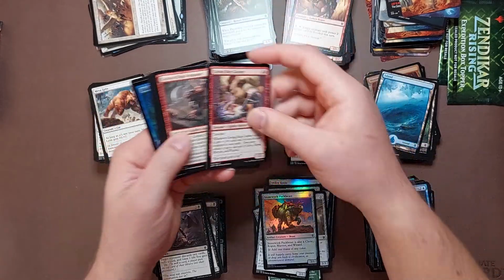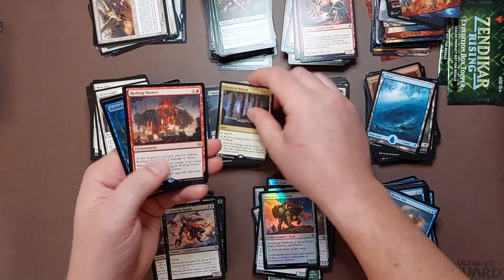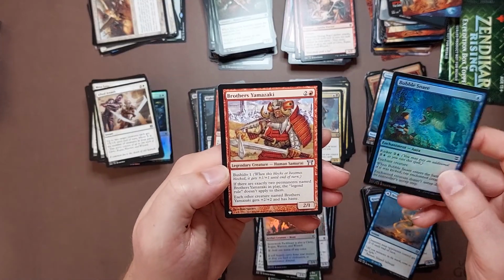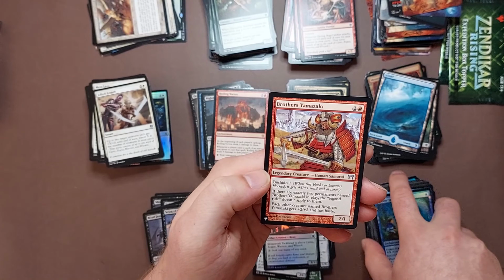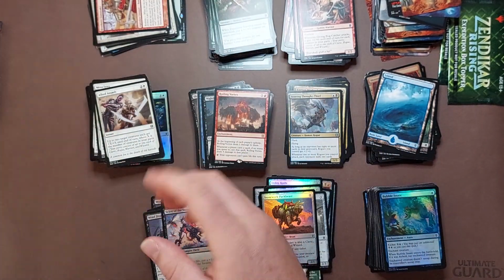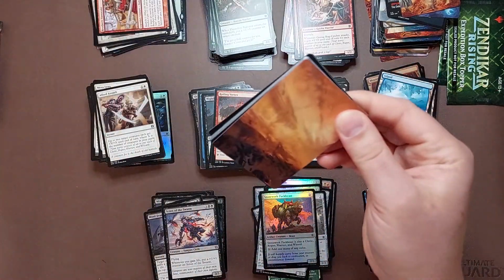Alright, we got greens, red, black. Another Run of McKindy, Roiling Vortex, Brothers Yamazaki, Bushido 1. That's pretty cool. Legend rule does not apply. Anything that has legend rule not applying, I think is pretty neat. Although,